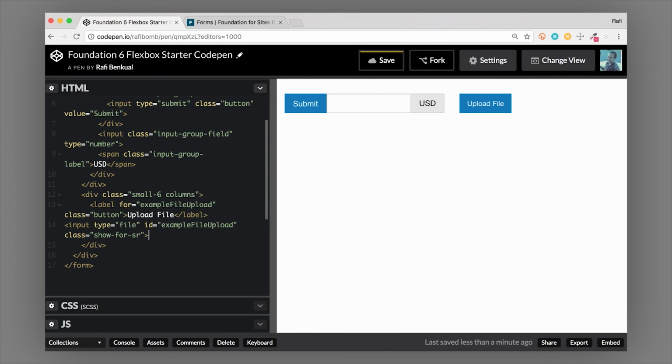So this is what the file upload button looks like in Foundation. It consists of a label and the input type file. Now if I got rid of the label, which is actually what is styling this, then you could see the input type file